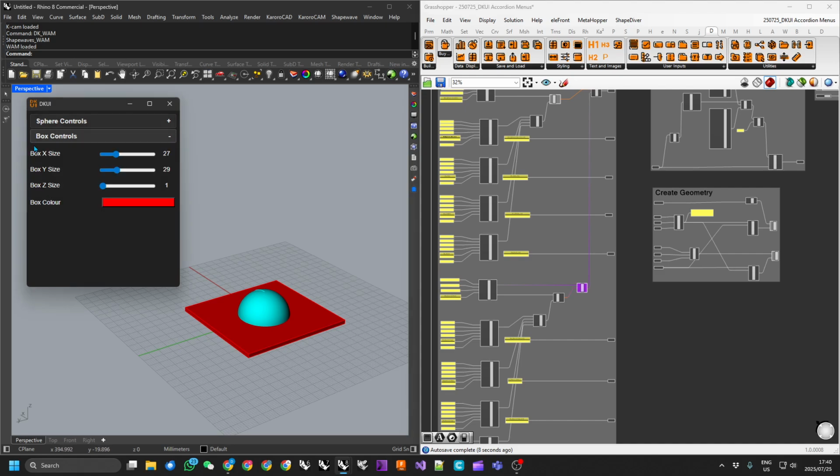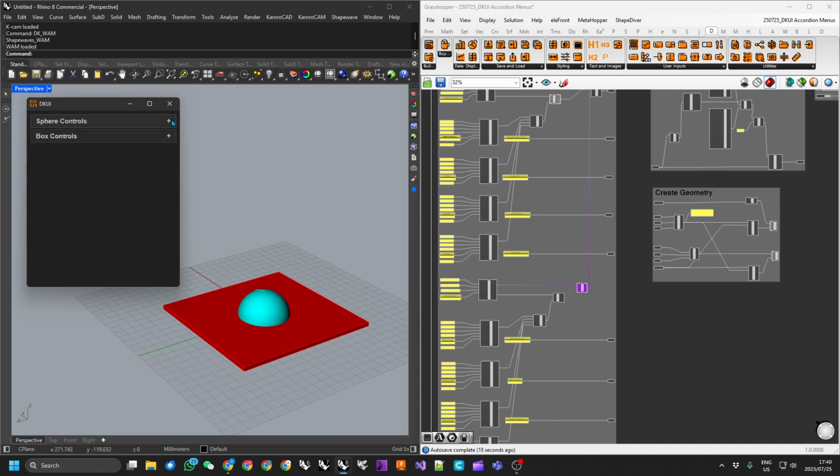So these are the 4 controls for our box, which are all available when we click on the plus, and then they'll disappear when we click on the minus. And of course these are all of our sphere controls, which are all available when we click on its control. So yeah, very simple way of tidying up your